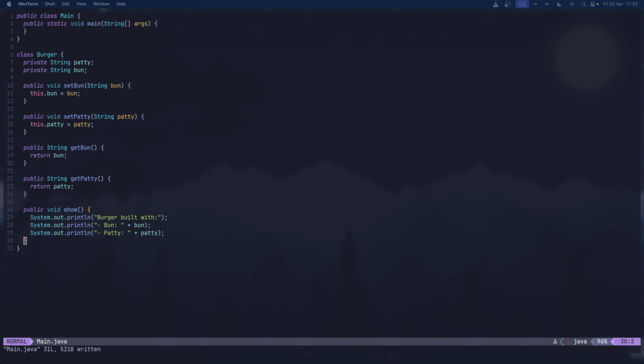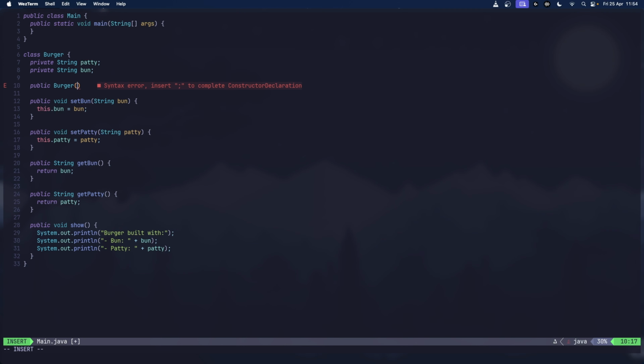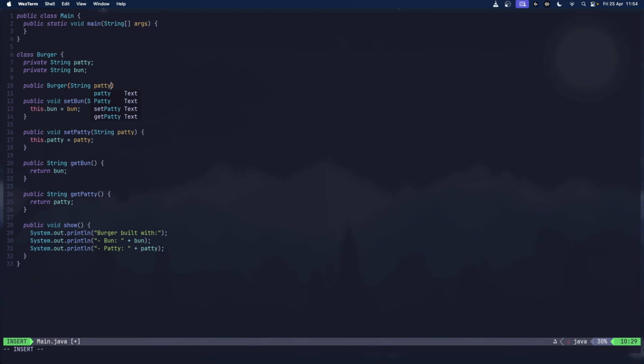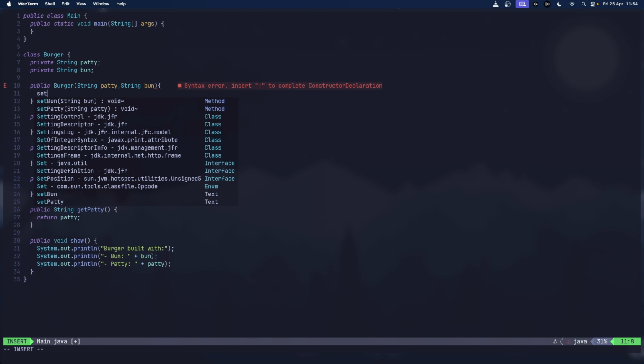As you can see, I already prepared a class for us with required fields, with getters and setters, and a method to print our burger. Let's create a constructor for our base burger. So let's go. Public Burger(String patty, String bun), and set bun